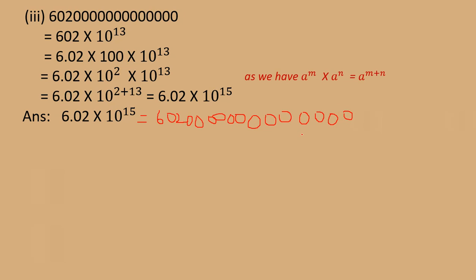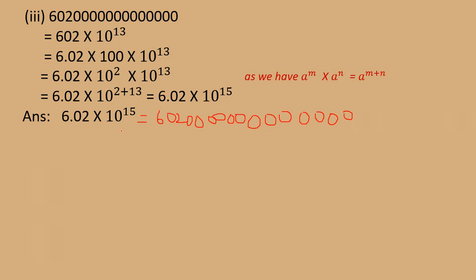This is a very long, very large number, and it can be expressed as 6.02 into 10 raised to the power 15. So very large and very small numbers we can express using the exponent in a very convenient way to speak and to write. Now how can we convert a